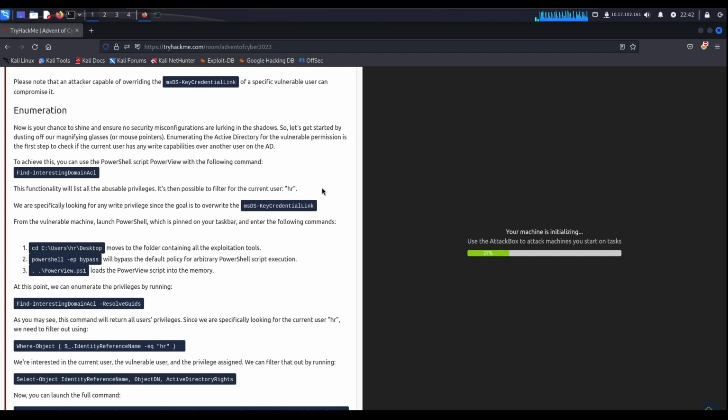To achieve this, you can use the PowerShell script PowerView with the following command. This functionality will list all abusive privileges. It's then possible to filter out the current user. Here we are filtering out HR. We are specifically looking for any write privileges since the goal is to override the msDS-KeyCredentialLink from